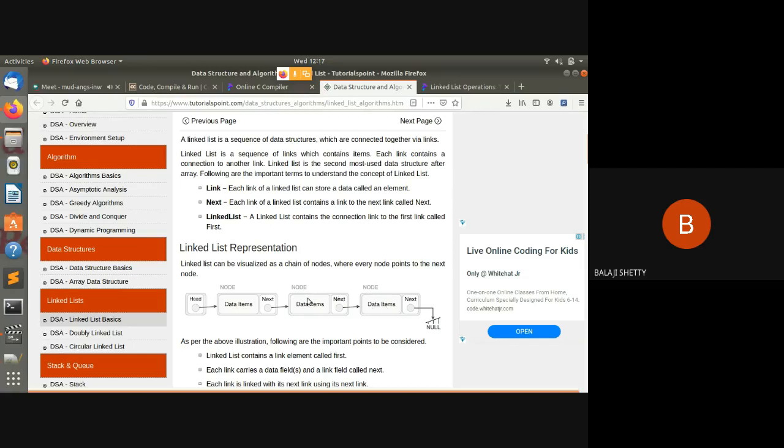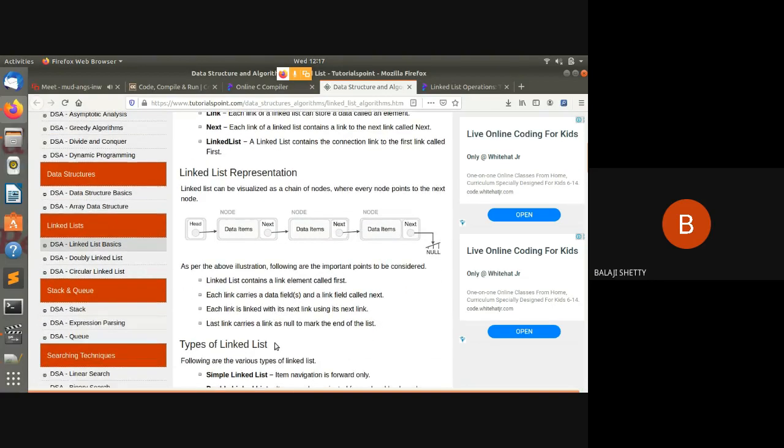I cannot directly access this element. I have to go to the head node. The head node is called the first node or head node. The head node contains the address of the first node. From the head node, I can traverse, I can print, I can do any operation on linked list atoms with the help of only the head node. Try to understand this concept. Are you getting me or not?